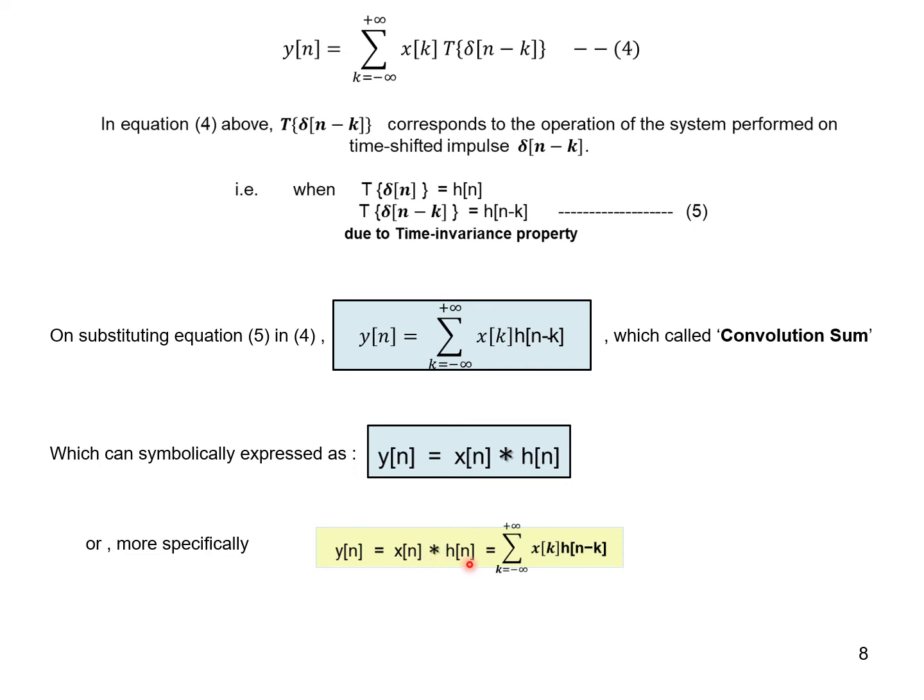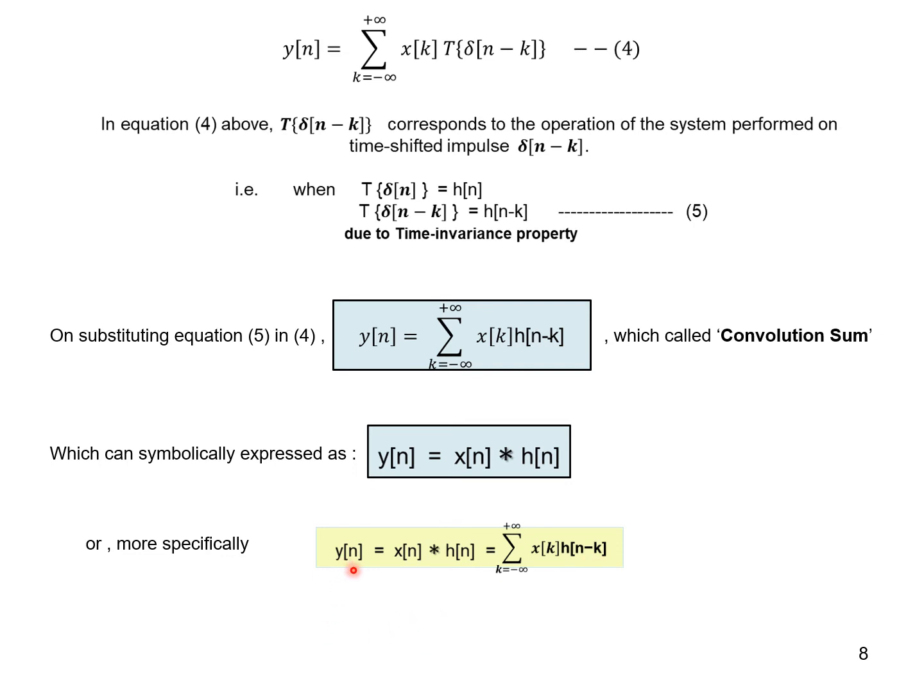How to carry out the convolution operation? Just use this formula. What does this formula tell us? Can you just throw light on it? See, what is actually happening is you are multiplying x of k with h of n minus k. So in this case, k is a variable. See, summation k ranging from minus to plus infinity, k is a variable. For every value of y at every instant n, you simply multiply x of k and h of n minus k.